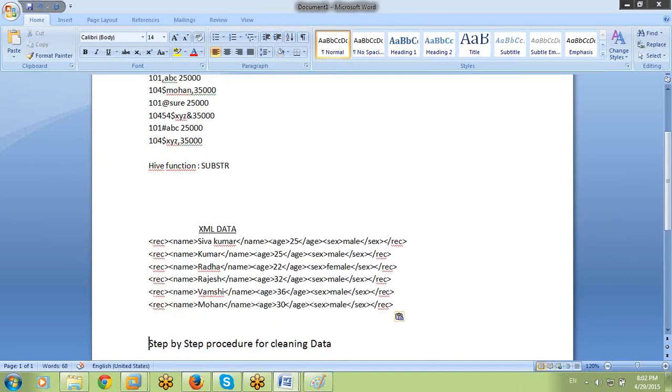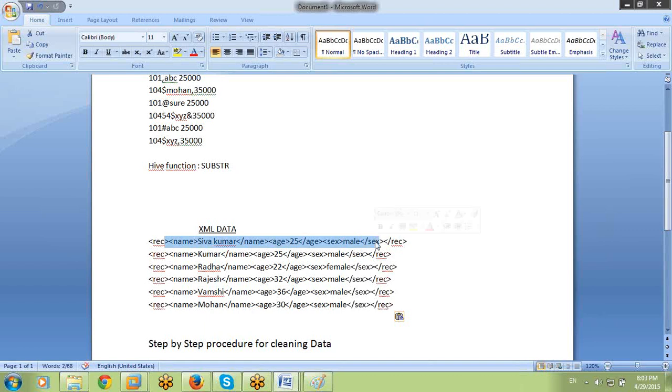First of all, let's see what XML data is. I hope everyone knows XML data. If you don't know, see the data carefully. Here 3 columns are there. REC is the root node. REC is the end node. In the middle 3 columns: name, age, gender. The 3 are the children of REC.